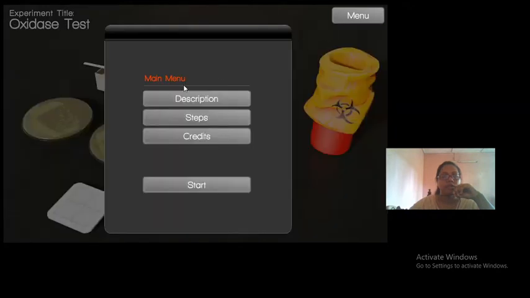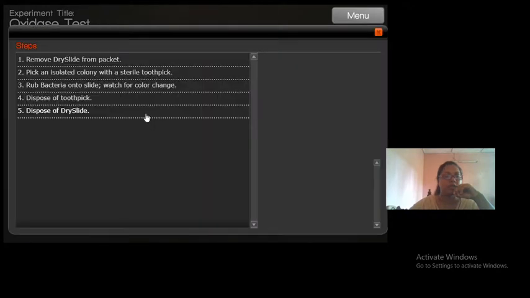Now coming to the different steps of the oxidase test. You have to have a slide. Nowadays commercially there are slides available which have filter paper impregnated with the oxidase reagent.